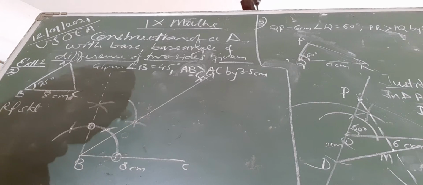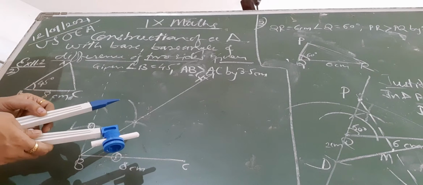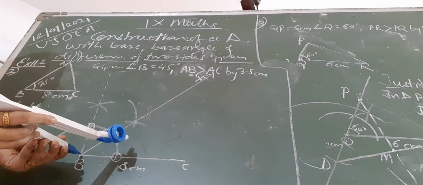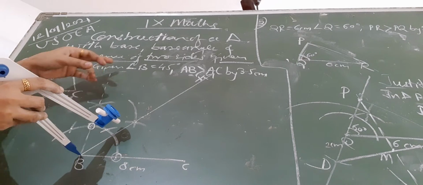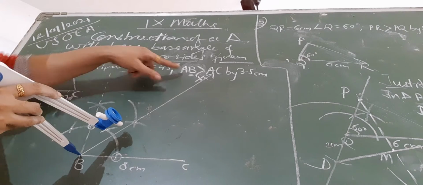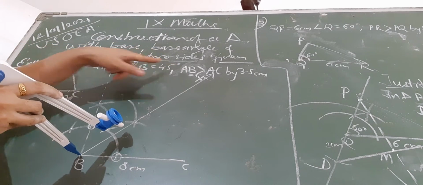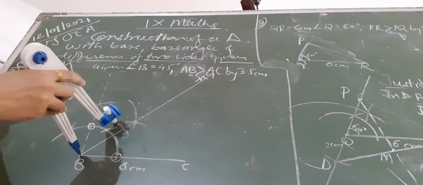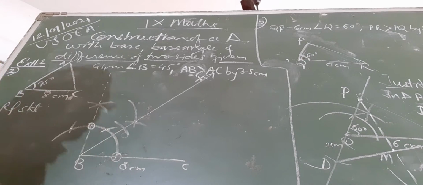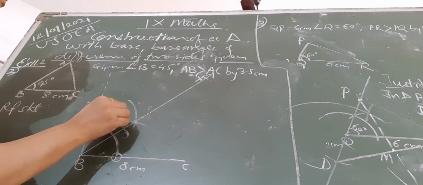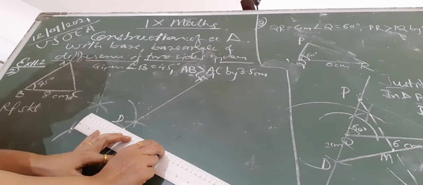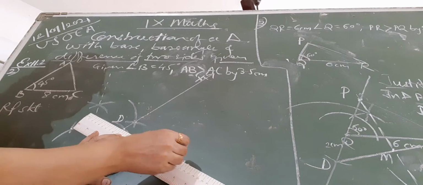Now the difference that is given, that much distance we have to take in the compass and mark the arc from B to the upside. Why upside? Already I told you it should be upside because the arm containing the given base angle is greater. So I have drawn it here and this will be my required point D. These same steps we have done when the sum of two sides is given. For the difference of two sides also you should do the same steps.